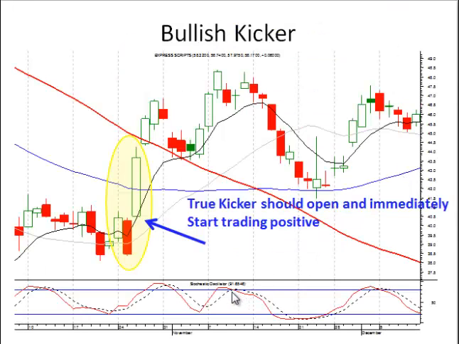The true kicker signal is usually a big candle to the downside, followed by a gap up and a big candle to the upside. Obviously, the bigger this signal, like all candlestick signals, the stronger the magnitude that there's been a change of investor sentiment. And when they open it, they should immediately start going positive. Now, that is the rule of thumb. You can still have tails to the lower side here and represent a kicker signal. It's just the true kicker signal with the most strength will usually start immediately to the upside.